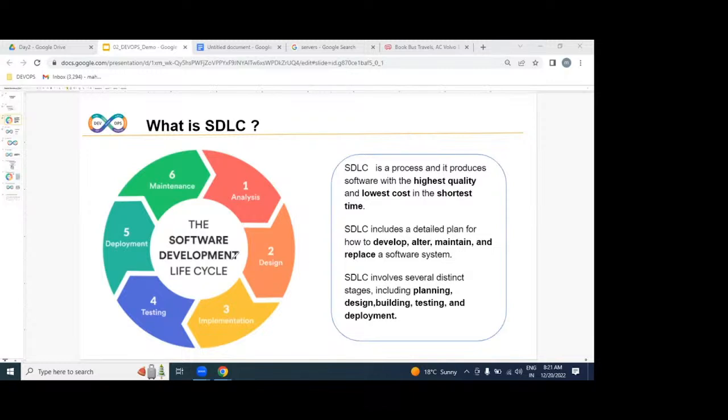If you want to make a movie, actors are required, heroes, editors, and so many 24 crafts we have. Here the actors are the developers, but the director is the DevOps engineer. Understood? A very simple way.